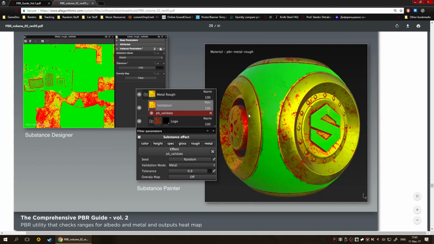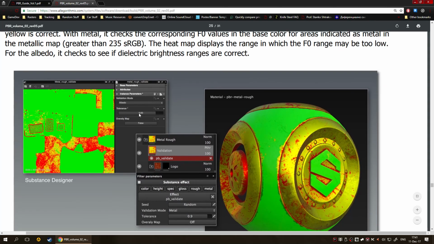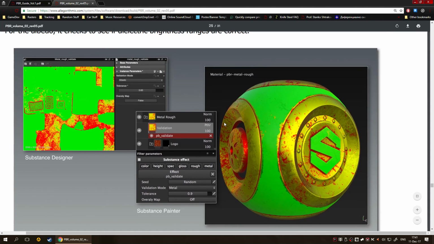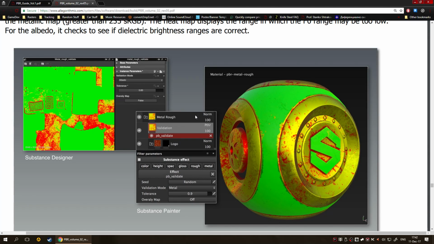And this is the correction bit. This is the most useful bit anyway, since you might want to be validating your stuff. As you can see here, we've got some issues when we apply a metal rough material. This is a smart material created by Wes, I think. I believe they might incorporate this as an actual tool in the future, but for now it's in the tool set or somewhere in Painter anyway. You can find it if you Google it, but it shows you when your values are over in terms of